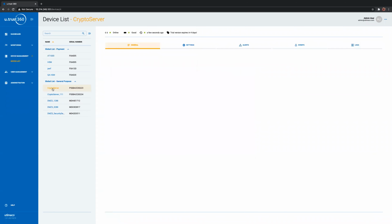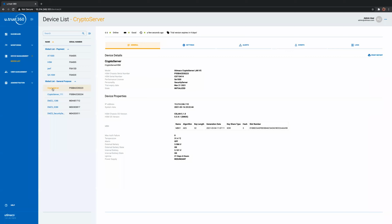purposes. On the flip side, when we talk about crypto server, the same story yet again, obviously different parameters that we are presenting, for example, the serial numbers, the performance license, or the performance state of the HSM, the state, if it is in an alarm state or something similar, the IP address, date and time, the firmware versions, the MBK that is loaded on the HSM, and other parameters which are important to be monitored, like the internal battery state and so on, the uptime of the HSM, the power supply,